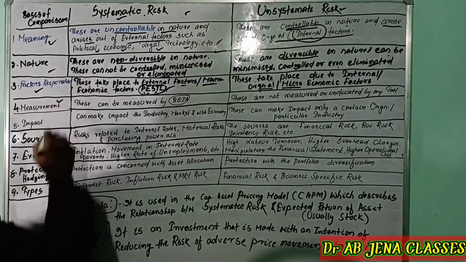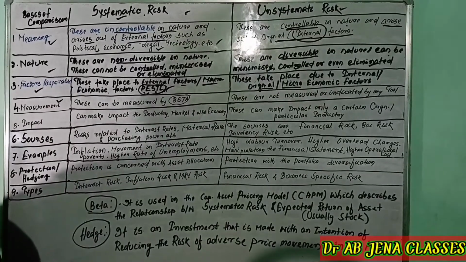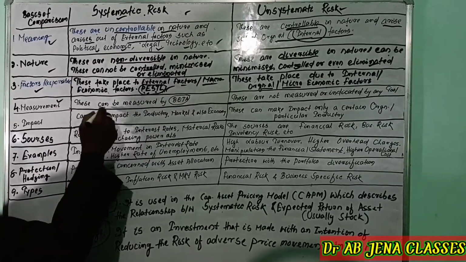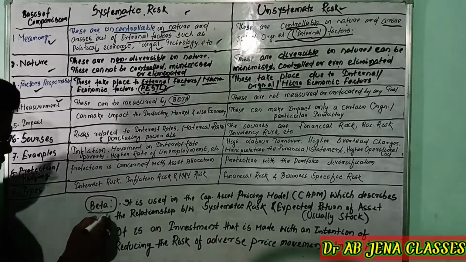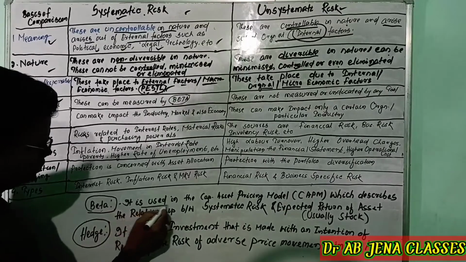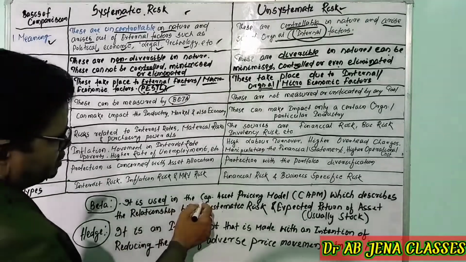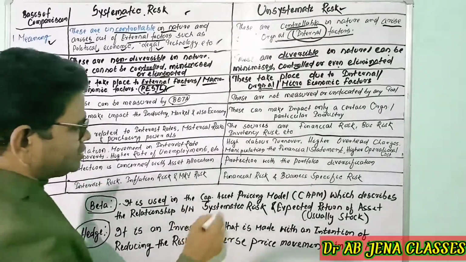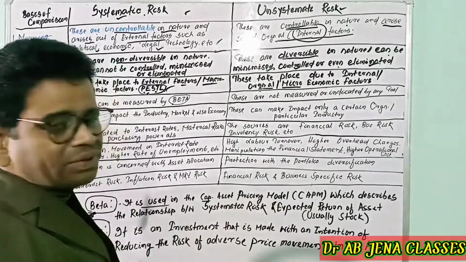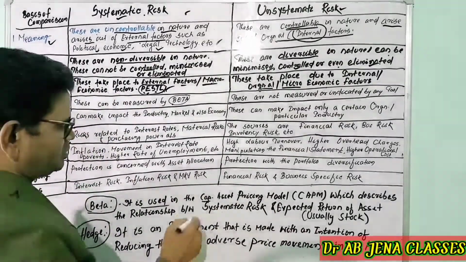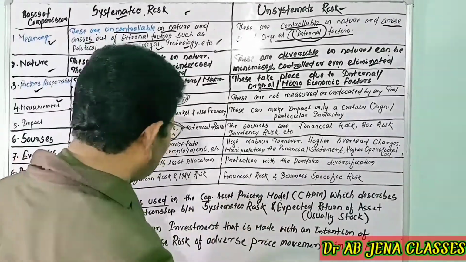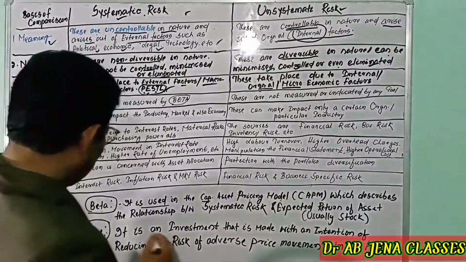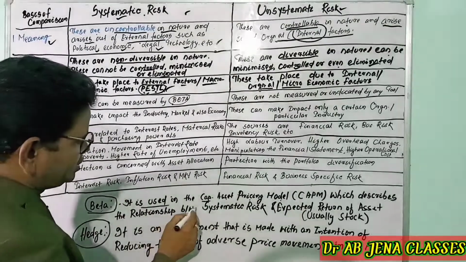The next basis of comparison is the measurement. Systematic risks can be measured by beta. What is the meaning of beta, dear friends? Beta is used in CAPM, the capital asset pricing model, which describes the relationship between